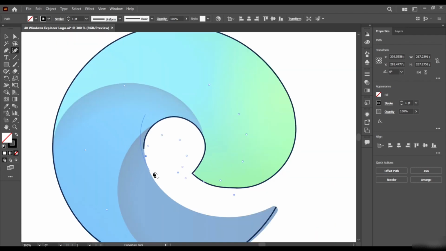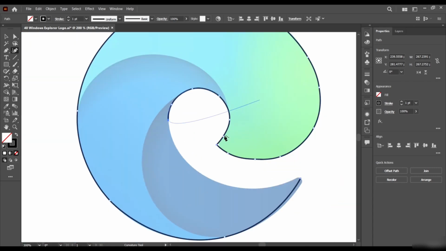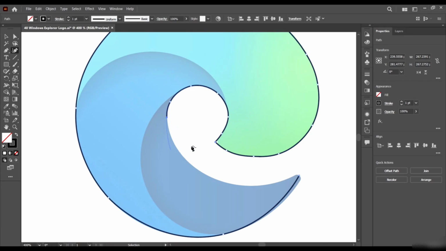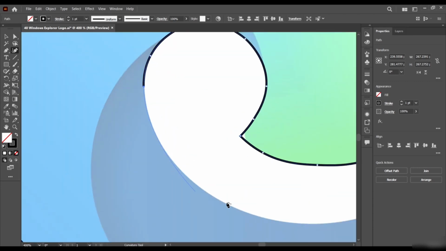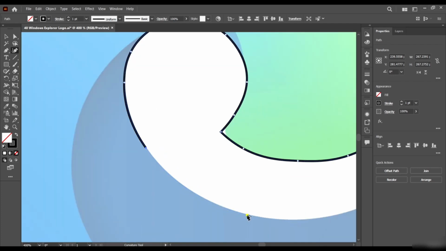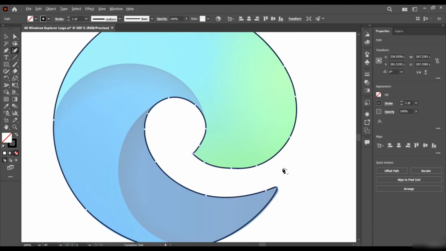Great. This smaller curve tends to have more points because we are dealing with a more intricate curve here. And I just want to create one here, and one here, and one here, and finally this one like this.